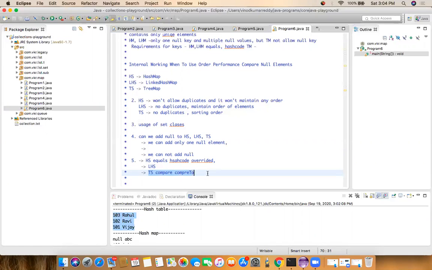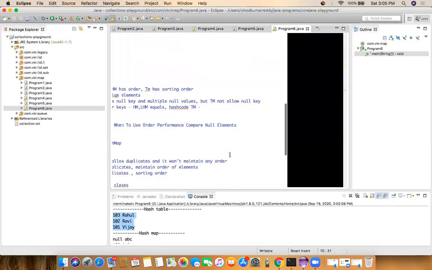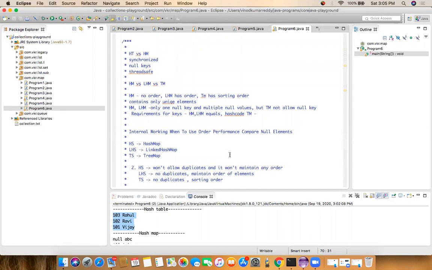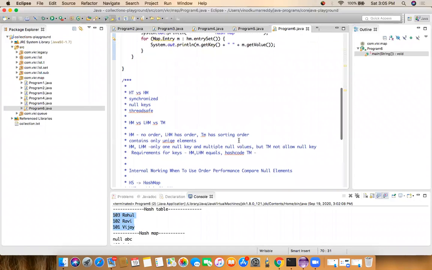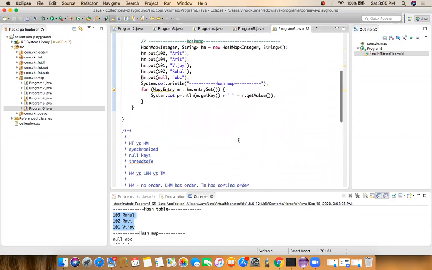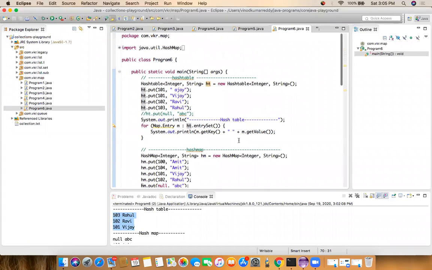Tree set and tree map work based on comparator types. We have to override the compare or compareTo method. Hash map and hash set both are having the same things. These are the differences between hash map, linked hash map, and tree map.